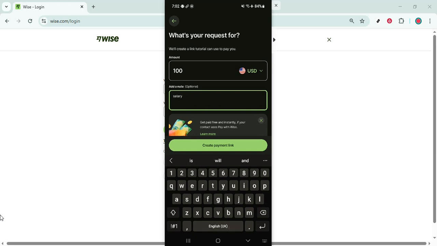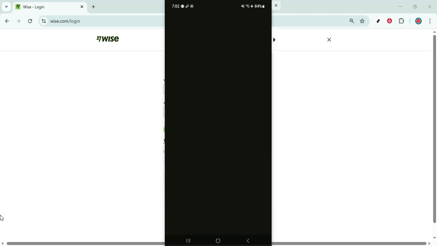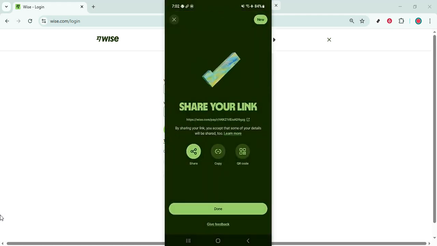That's all it takes. You've opened the Wise app, requested a payment, added your recipient, entered the amount, chosen the currency, and included a helpful note. With these details in place, your Wise payment request functions like a professional invoice and helps you get paid quickly and